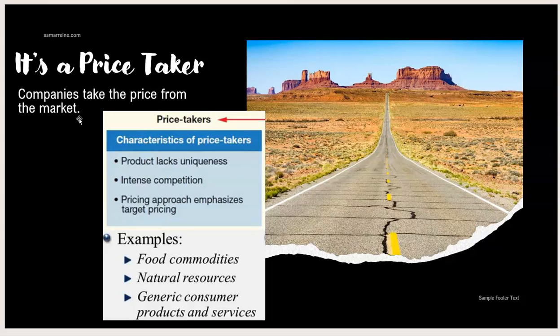The market sets the price because it really has to do with the equilibrium that all buyers and sellers agree on. So here are some pointers. Product lacks uniqueness. When we say it lacks uniqueness, we call it the perfect substitute. Is it possible that the product isn't exactly identical but close enough to be labeled identical? Yes. Remember, in reality, things are a little bit looser than when we learn them.